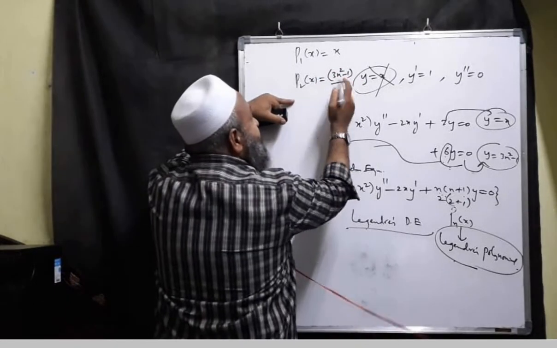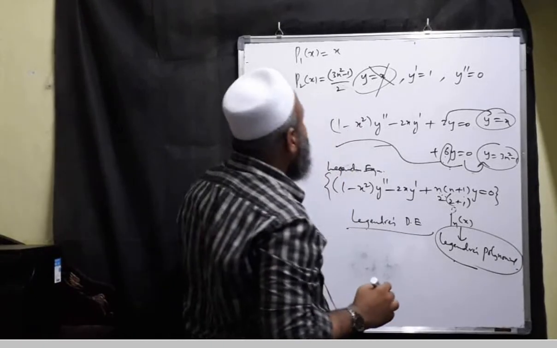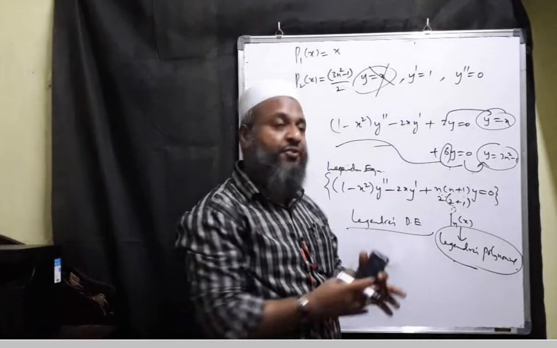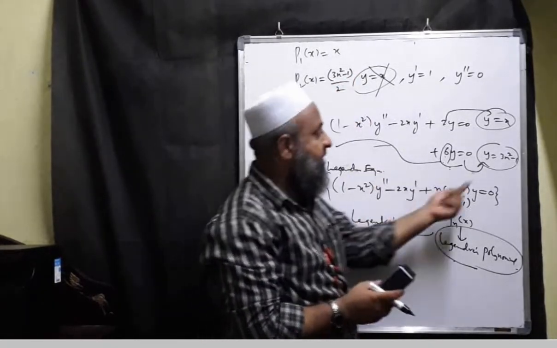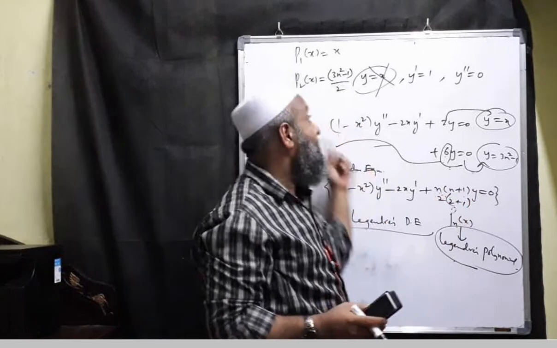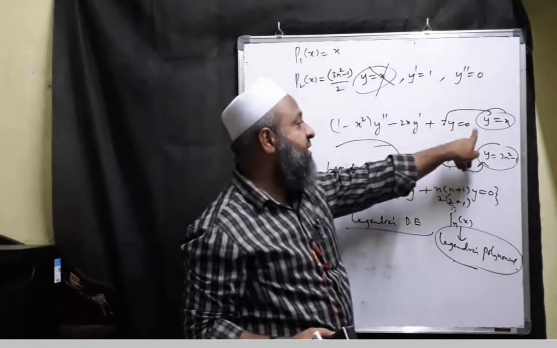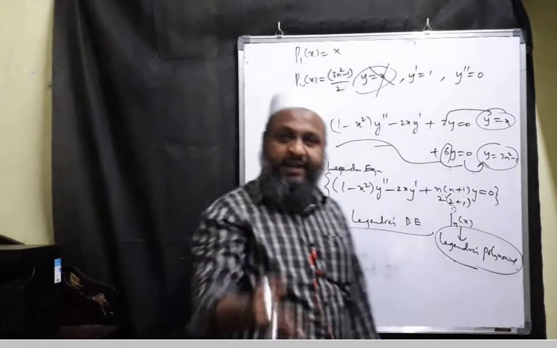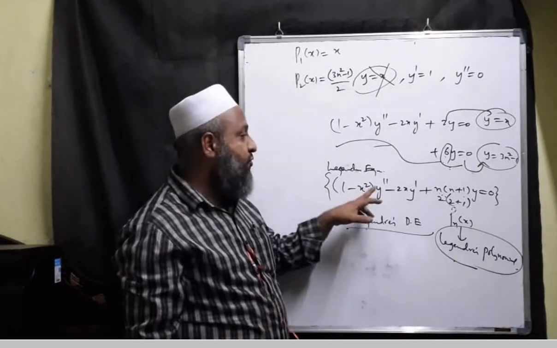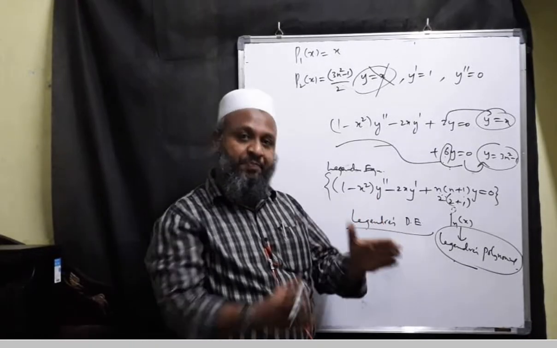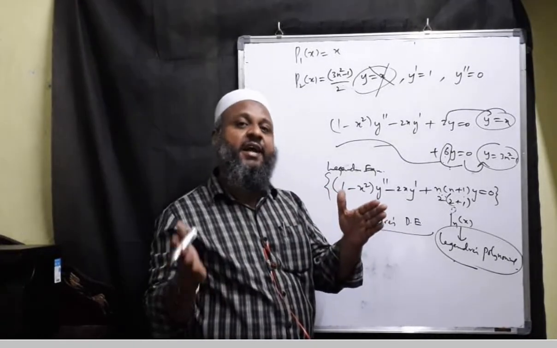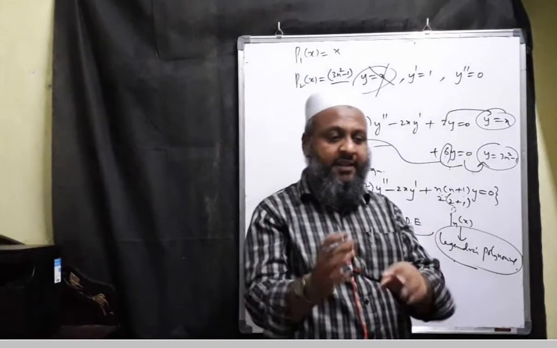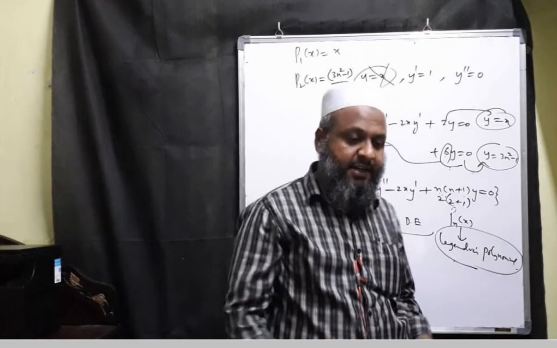But when this P2 is a solution, then any multiple is also a solution. So I just removed 1 by 2. By multiplying with 2, I got 3x square minus 1. So 3x square minus 1 is also a solution. By multiplying, I am getting a solution because the right hand side is 0. So any constant multiple also will satisfy. So in the next session, we will see in detail how to solve this Legendre's equation. We will find that solution, and then we will talk about Legendre polynomials and their relations. Okay, so let's end the matter here.